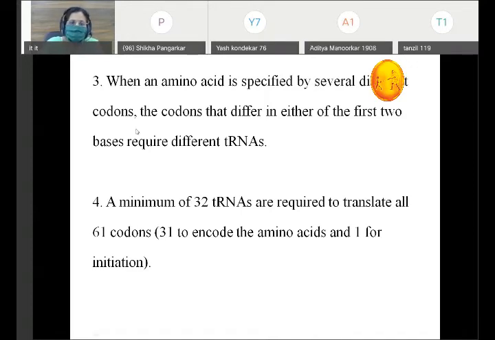Okay. So the third point is, when an amino acid is specified by several codons, the codons that differ